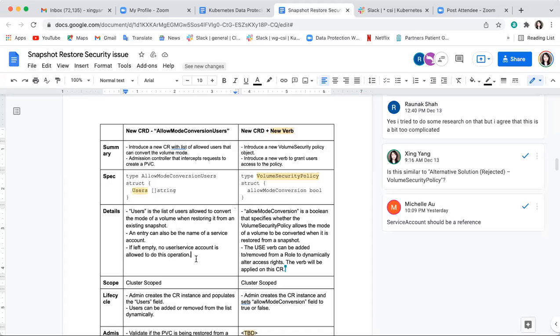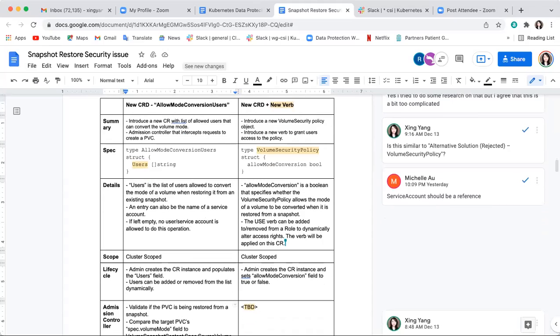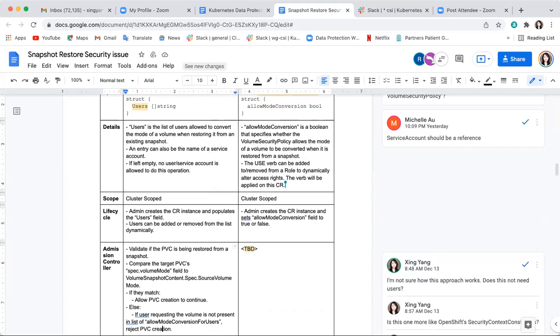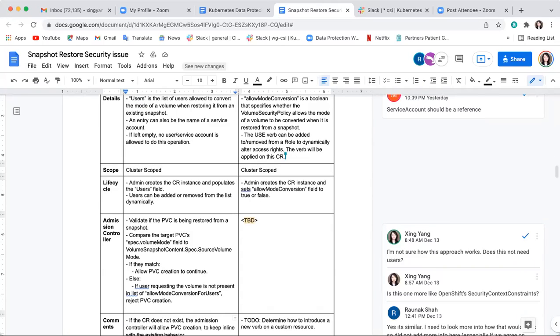And we'll also introduce an admission controller as part of this implementation, which is going to intercept requests to create PVCs. When a request comes in to create a PVC, this admission controller is going to compare the volume mode of the snapshot. First of all, it's going to validate whether that PVC is being restored from a snapshot. If yes, then go ahead and compare the volume mode of the two. As we spoke about just a few minutes ago, this volume mode is now present in the snapshot content as